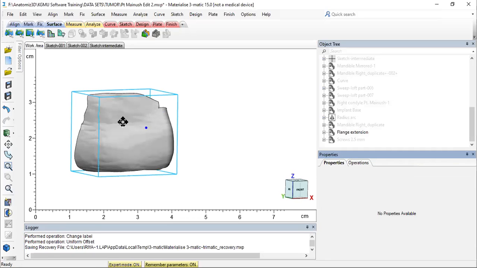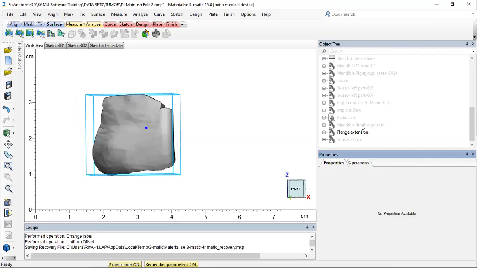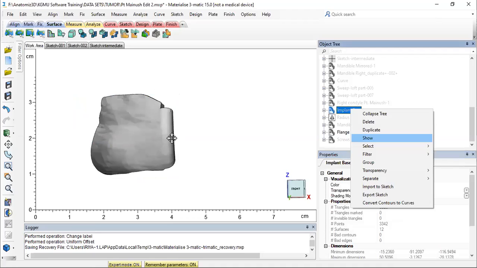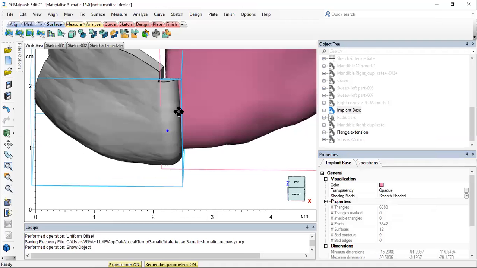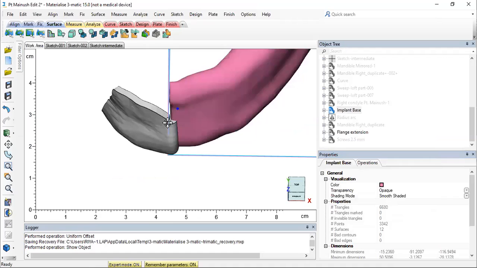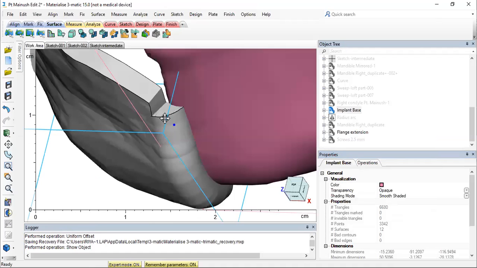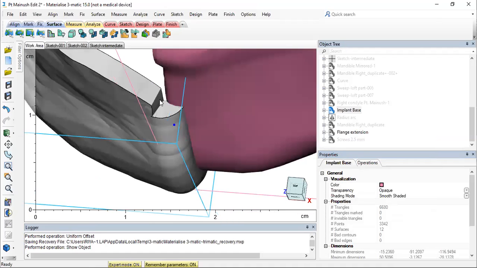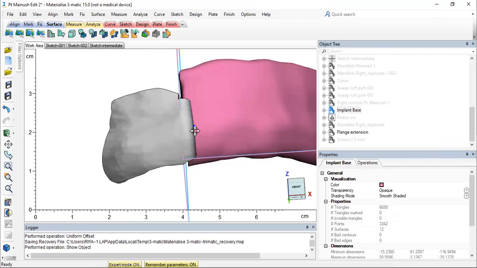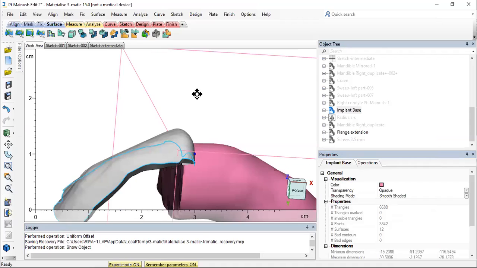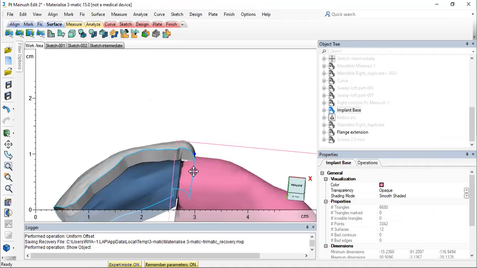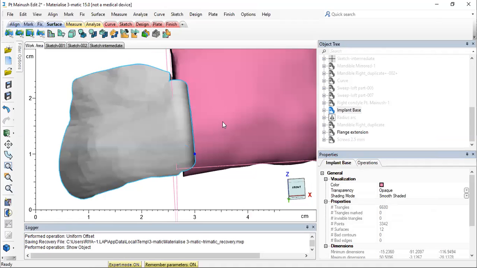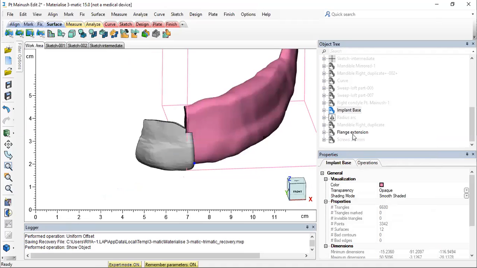So now I just come back to this first. इसका थिकनेस हो चुका है, so I'm just switching on the implant base. तो आई होप यू नाउ अंडरस्टूड कि वो मैंने एक्स्ट्रा पार्ट क्यों लिया था अंदर से, ताकि हम लोग इसको यूनियन कर पाए। We have a flange extension to union it, right? तो अभी इसको बुलियन यूनियन करेंगे दोनों कंपोनेंट्स को।